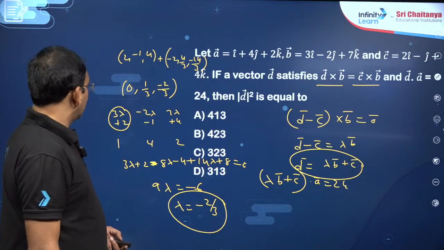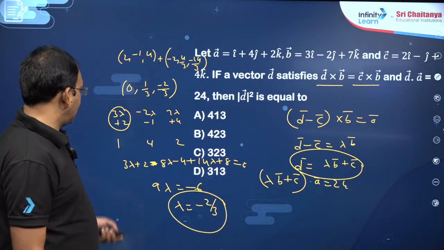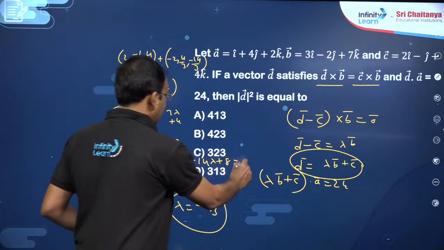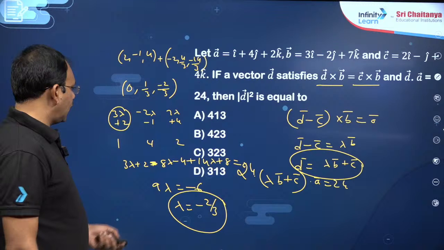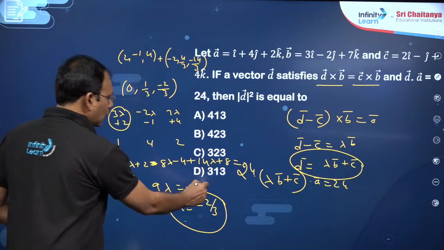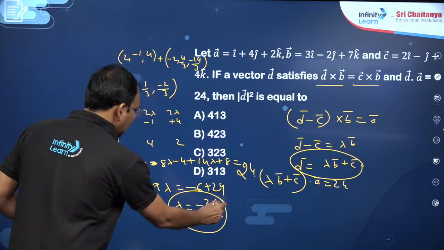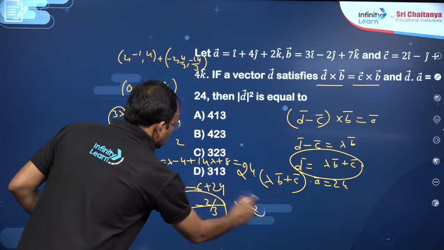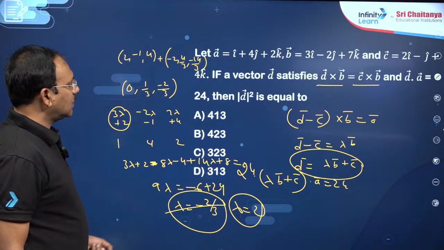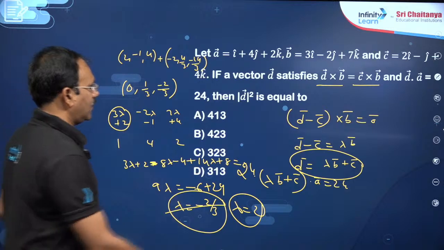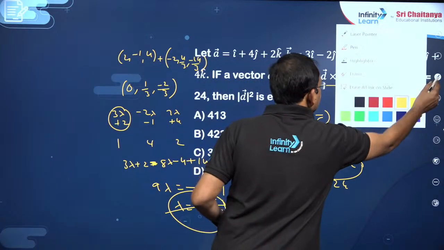Okay. So, this dot product actually we have done 0, but the dot product is given as 24, my dear friends. So, 24 means you will get 24 minus 6, 18, you will get lambda is equal to 2. Once you know lambda is equal to 2, it is nothing but 2b plus c, my dear friends. You can simplify it as,